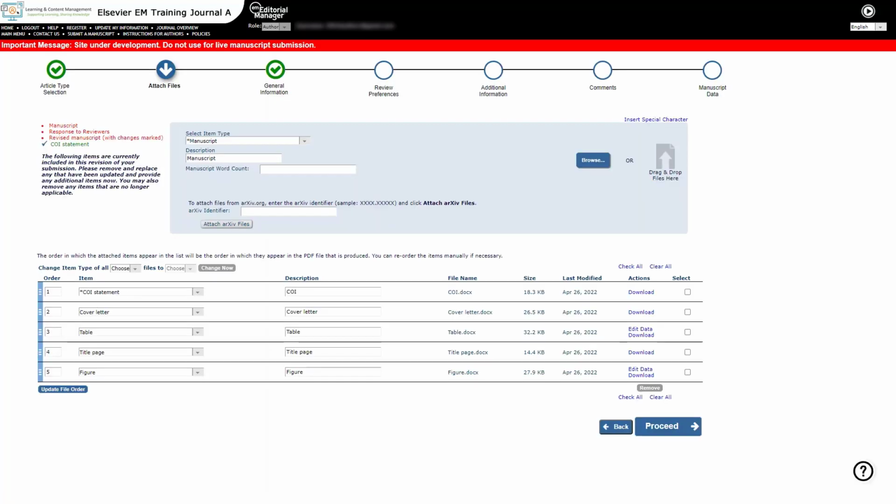On the next screen, any required files will be listed on the left, with missing items shown in red. Journals may require additional files for a revision, and if you've changed article types, there may be different requirements as well. To upload a single file, select the item designation, then click Browse to locate the new file.